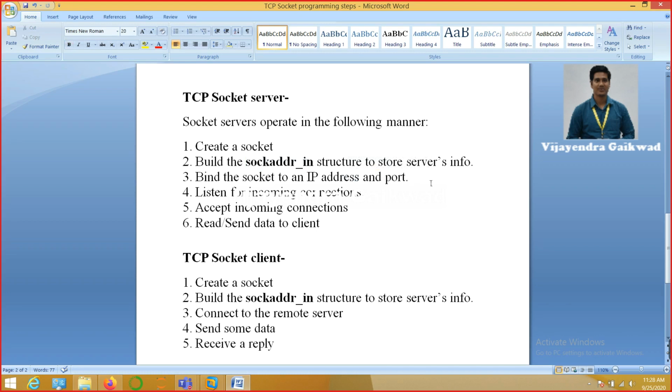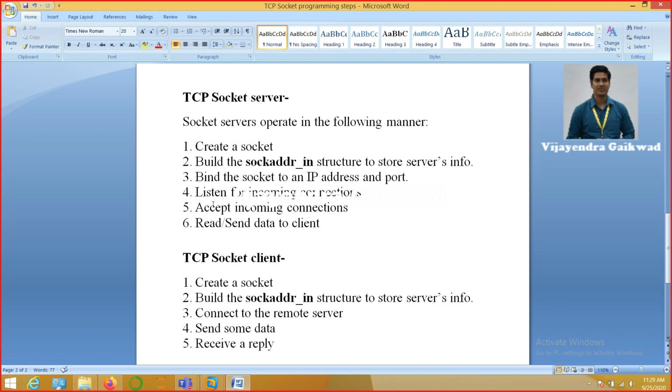Then once we have created that variable, we will bind the socket with the newly created address information that is stored in the structure, and then the next step is to start listening to the incoming client connections, right? Once we are done with the server's configuration, we will move into the listening mode, and the server will be open to handle the client request.